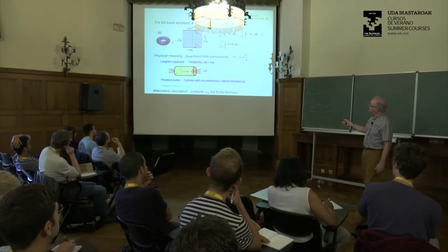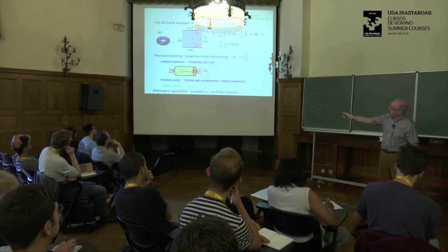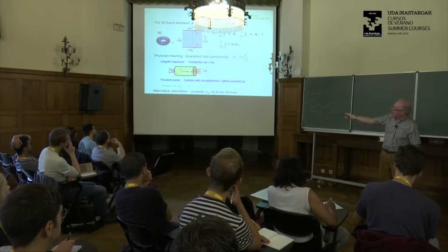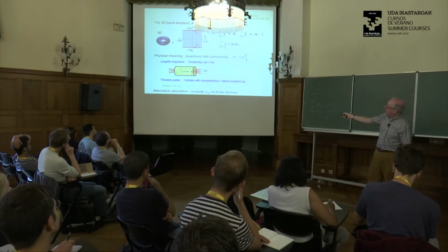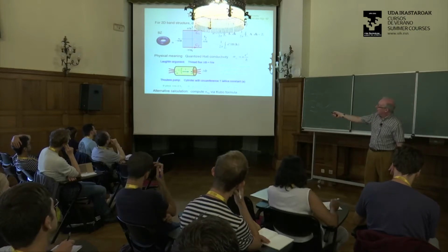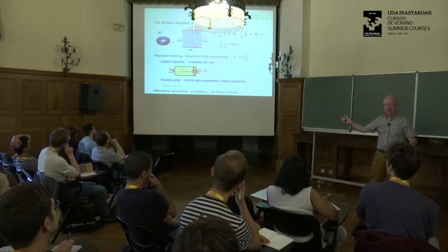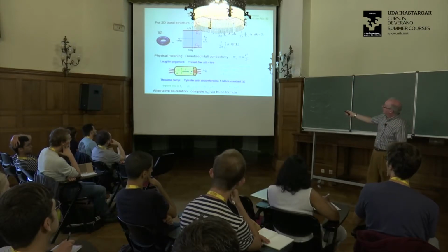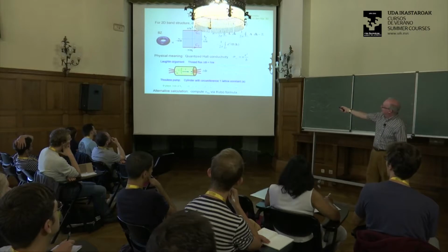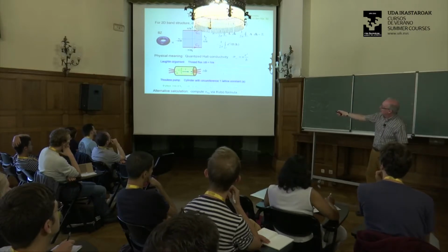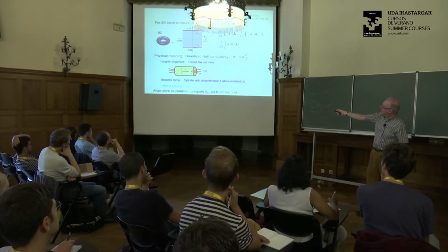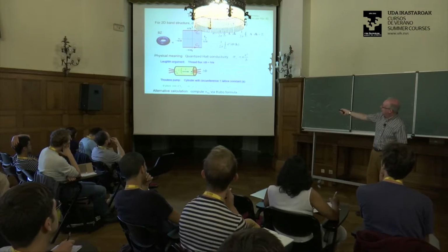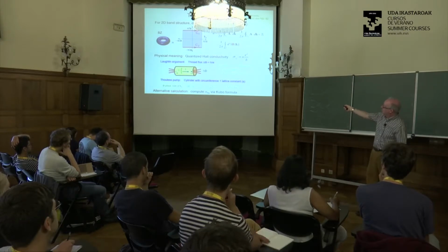And again, I can think about the Berry phase on the two-dimensional Brillouin zone. If I think about the Berry phase going along here and the Berry phase going along here, since the Berry phase is only defined up to an integer, then these have to be equal to each other modulo an integer. But I could equally well use Stokes' theorem to integrate over the boundary, so that's got to be equal to the integral of F, and that tells us that the integral of F has to be equal to an integer.